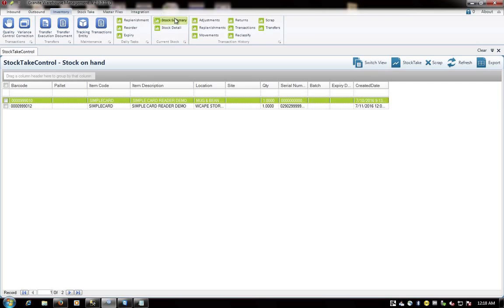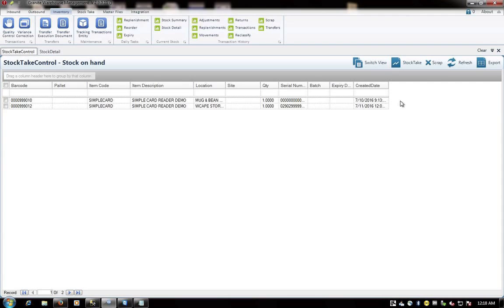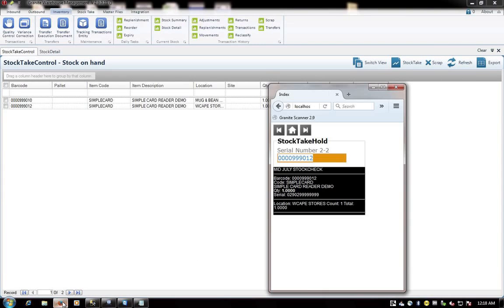So right now, if I go to my inventory stock detail, the configuration shows that it's all in stock, but normally I have a column that shows what the stock take mode is and whether it's in stock or not. Right, so that pretty much wraps up what I wanted to demonstrate around using Granite to manage serialized asset type